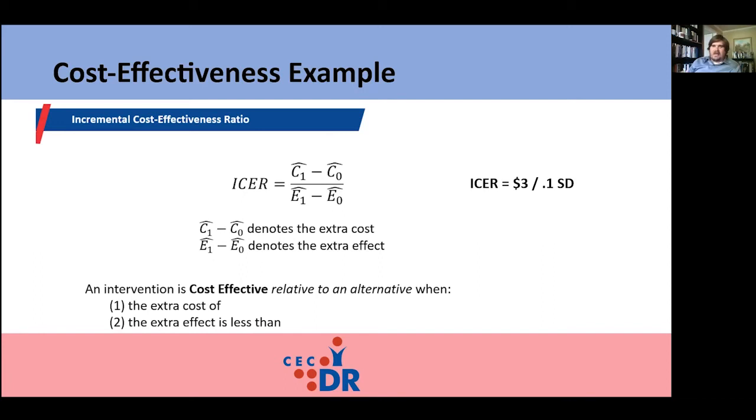At the end, after you've done all the diligent work that Graham has done, where you've generated this cost data, you can take the next step and combine it with your effect data. The first opportunity to do that in the IES structure is your development and innovation projects. And at this stage, it's just recommended, not required. The cost analysis is required, but if you want to take the extra step of combining cost and effect data, it's recommended if possible. The reason they give that caveat, if possible, is because you can usually make the argument that we don't have a big enough sample size to do it.